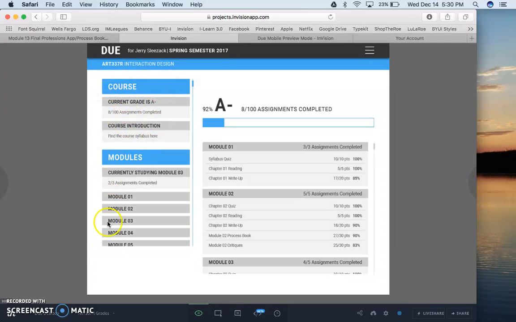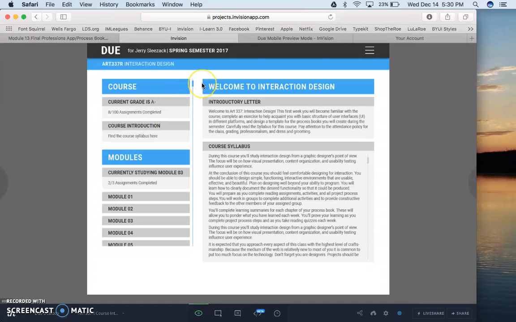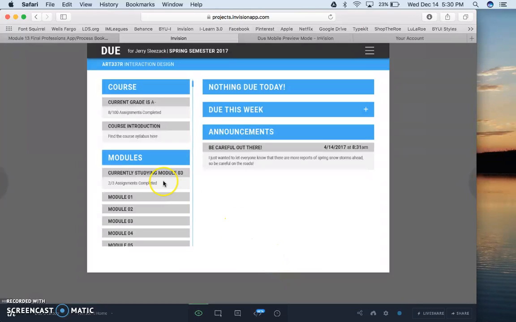Under course again, and this menu stays no matter where you go in the course, just to help with navigation. And so the hierarchy of information, I tried to keep it similar within each course and no matter where you go in the app. You have these headers in the colored bar, and of course blue being this course's color, and that stays consistent throughout the course. You see here the current module and then assignments completed for that module, and you'd be able to go in and